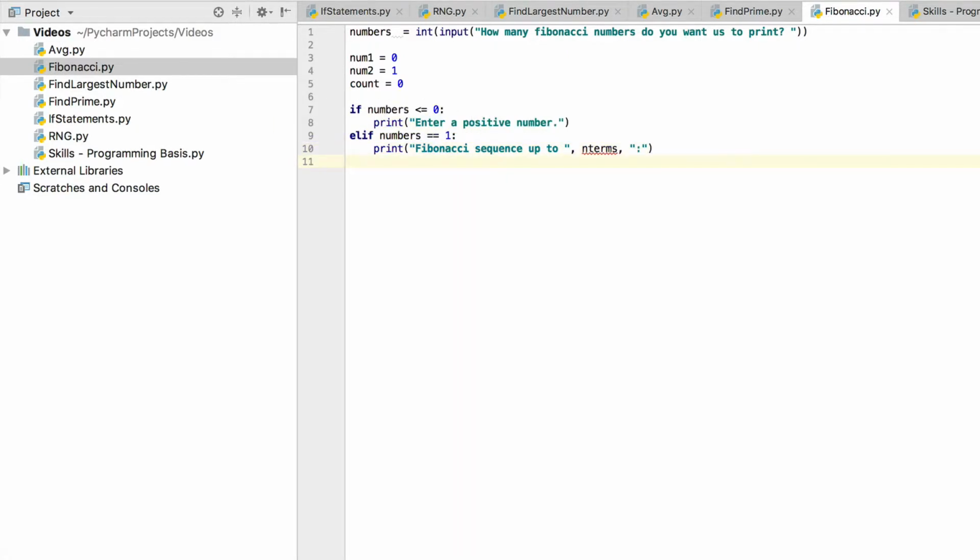Okay, so this part is printing the Fibonacci sequence up to n terms, which means if it's equal to 1 and someone says 1, all you need to do is print out 1. Because let's say someone says I want the first number. The first number is 1. So all we need to do is say Fibonacci sequence up to the input of n terms. Actually, that should be numbers. And that'll be equal to 1. Else